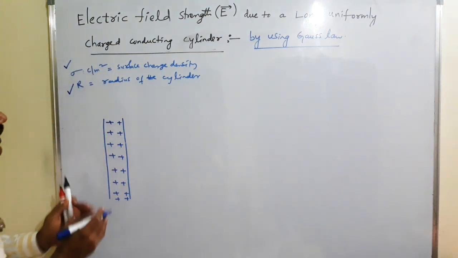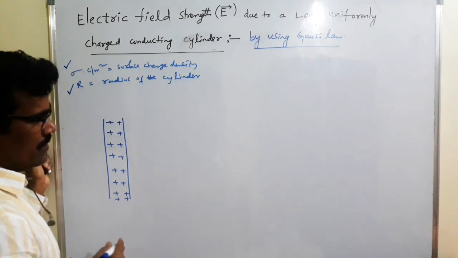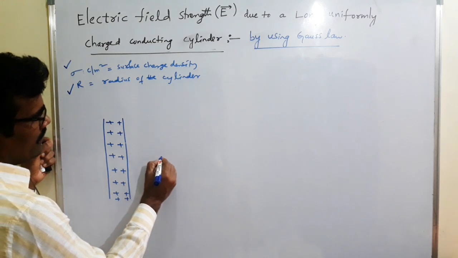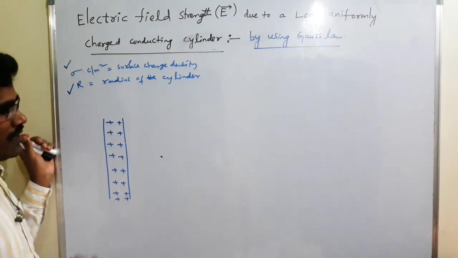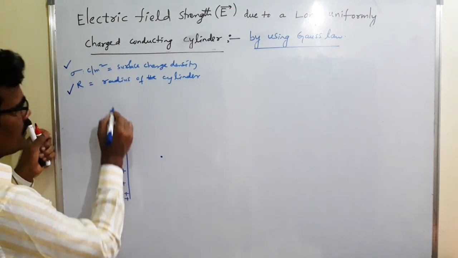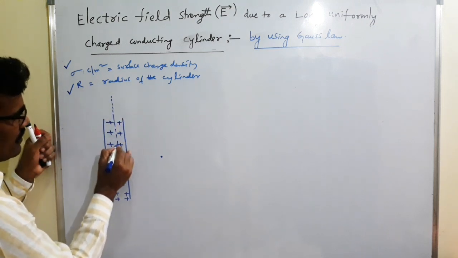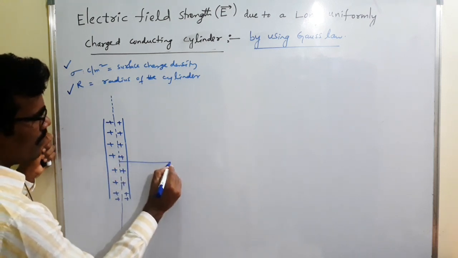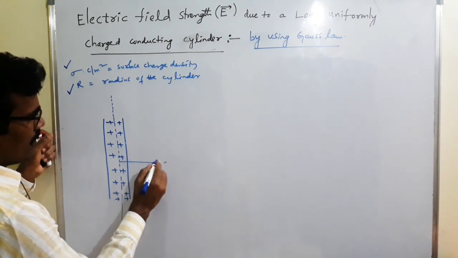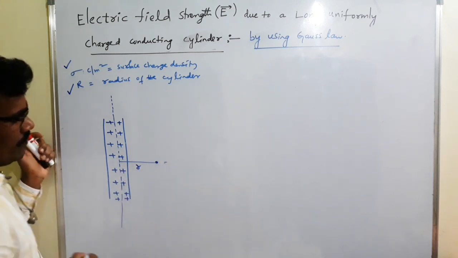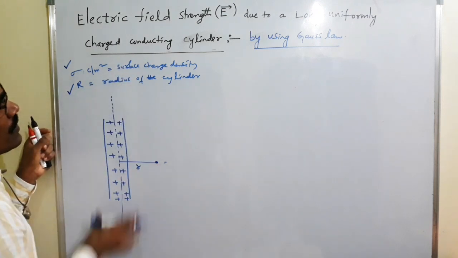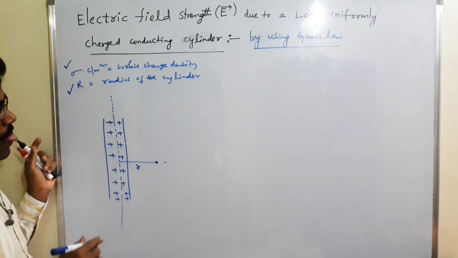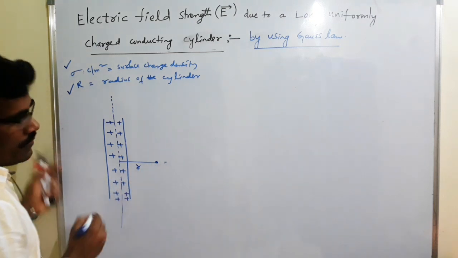So here this is the cylinder, it has positive charge, uniform distribution. We want the field due to this cylinder outside. First let us discuss outside. Outside at what distance from the axis? Take this is the axis. So at what distance from it? At a distance r. I want the field here. What is the field due to a long conducting cylinder at distance r? So here at this point what is the field?